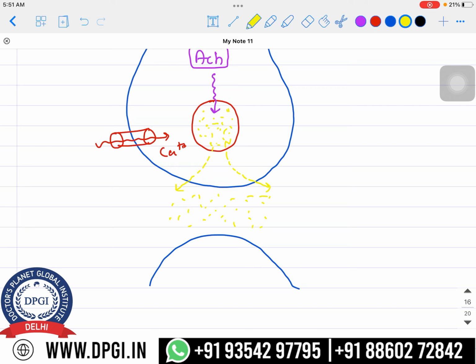And here again, with no surprise, we have a receptor present over here, and they will bind to that and they will cause the action. How are they causing the action? Again, here we had the sodium channel present. Due to that, sodium influx will be happening, and that's how the action potential will further move on to this particular neuron, and then this cycle repeats and repeats. So once we have a good idea about this, let's talk further.